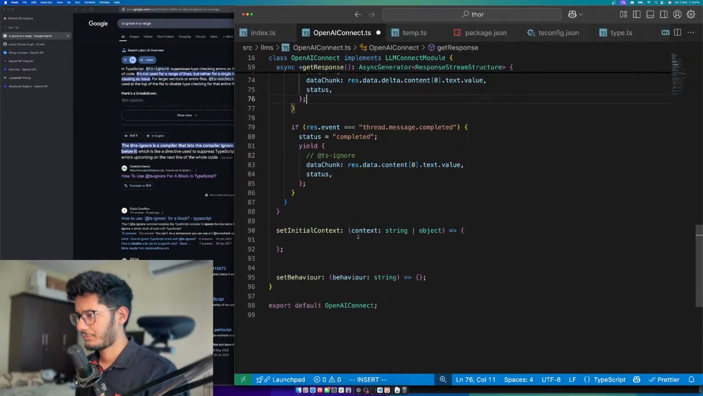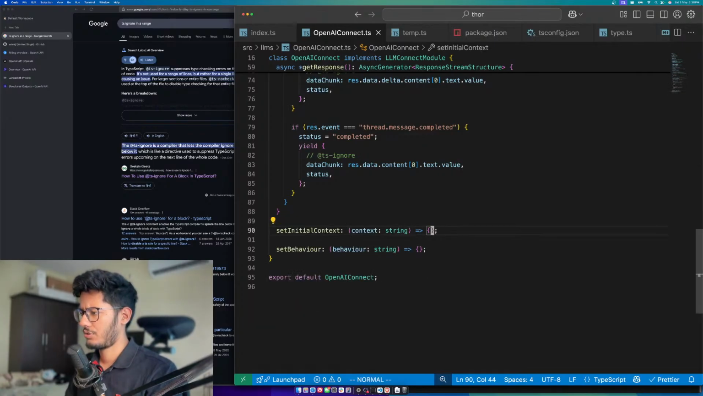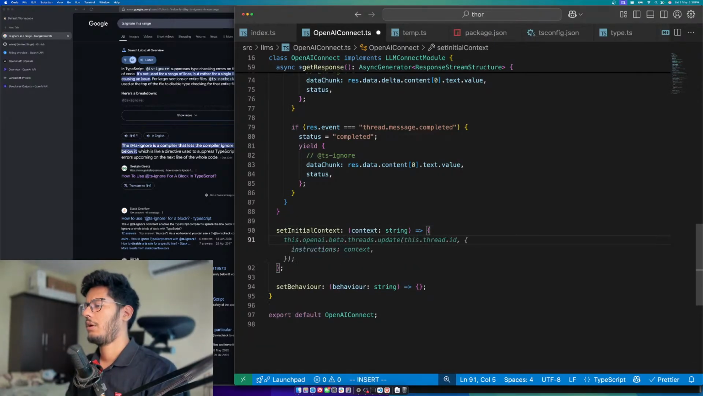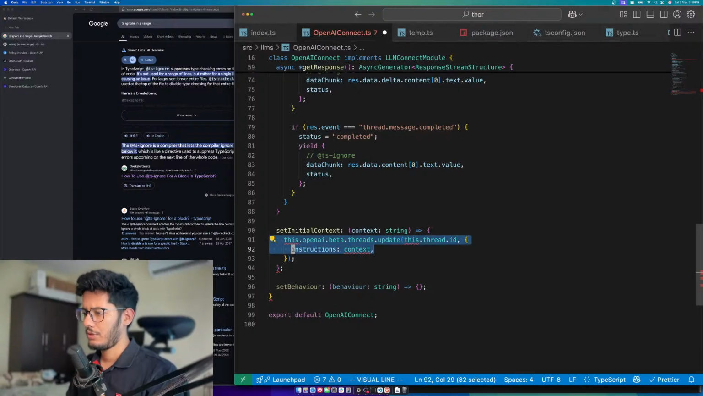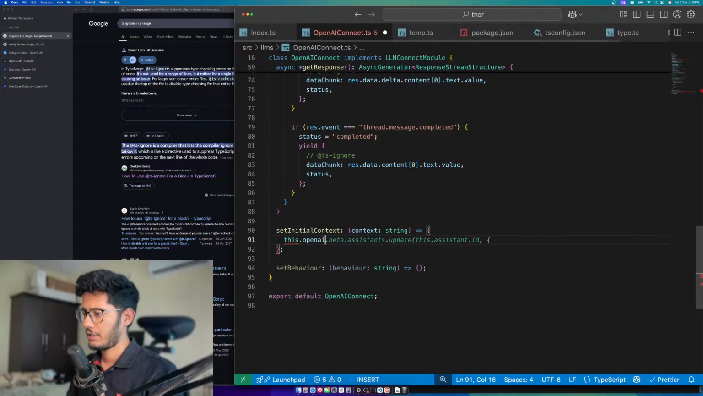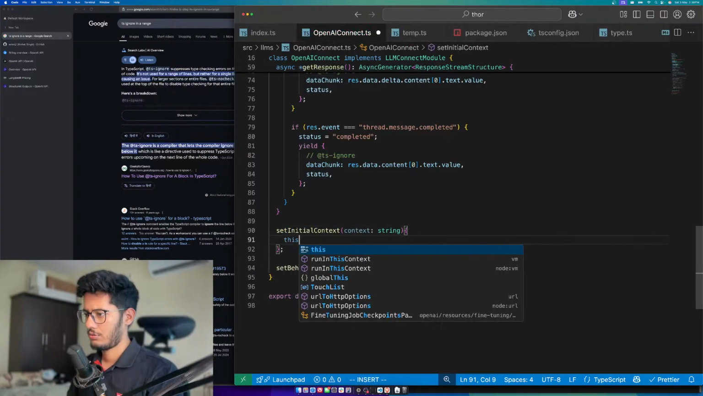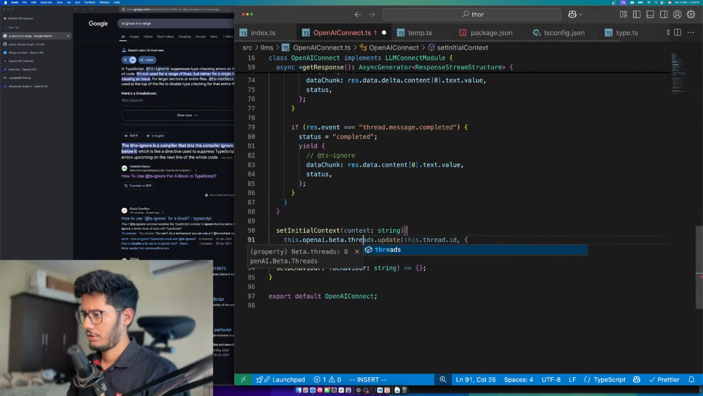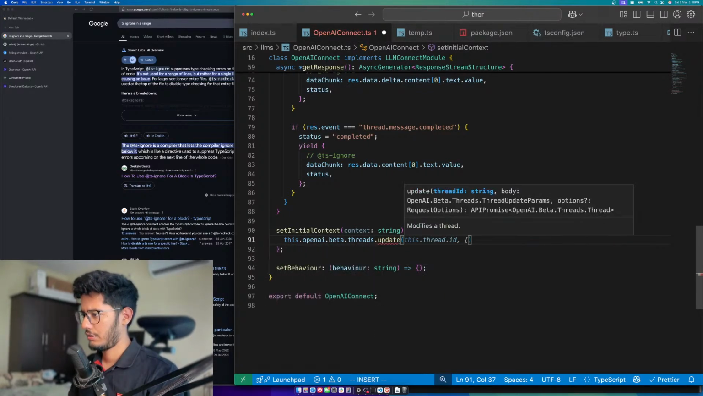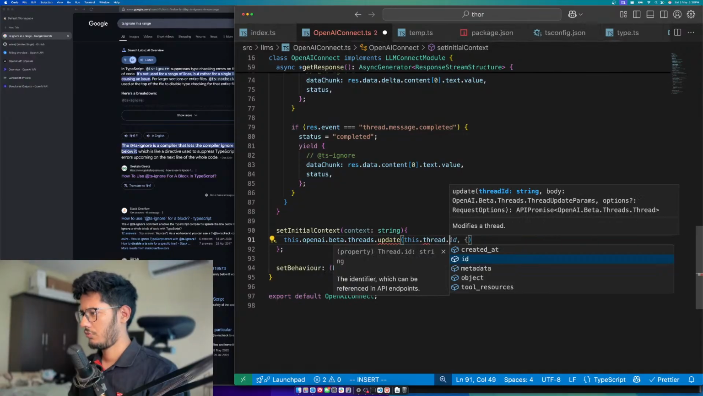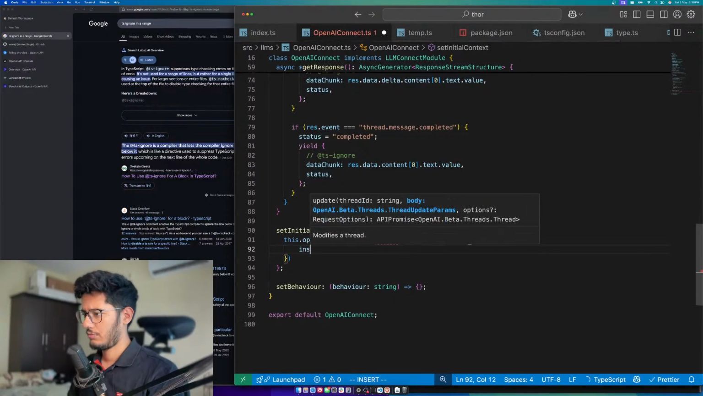So this has to be a string, that's a good thing. Yeah, this has to be a string. So, oh, that's just instructions. Can I do that? Is that an option? This.openai.beta. Oh, sorry, this needs to be like this, and then I can do this.openai.beta.threads.update with this.threadId, thread.id, and then do we have,